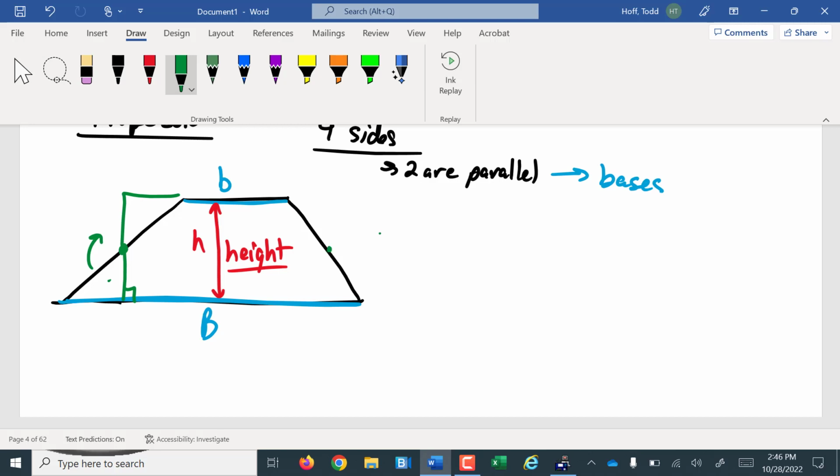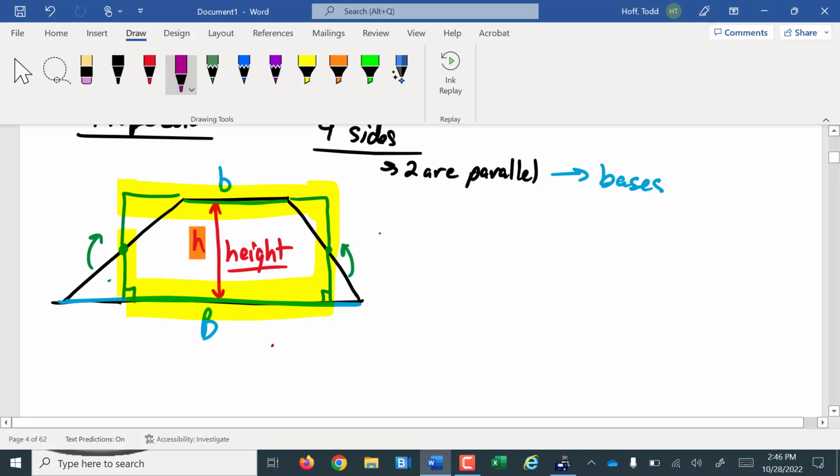I'll do the same on the other side. Go halfway down, cut that off square, flip up that little piece there. Well, now I have made a rectangle. The height of that rectangle is still just the original height of the trapezoid. The length of that rectangle